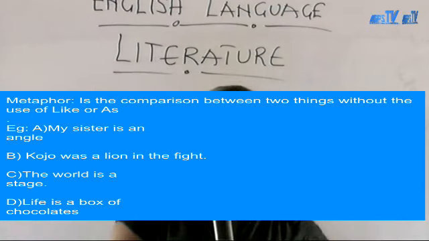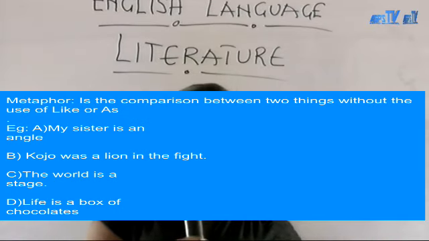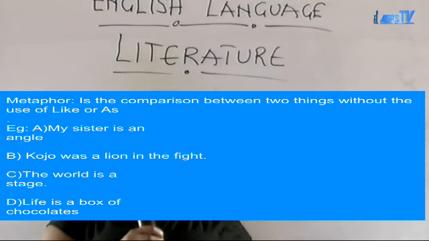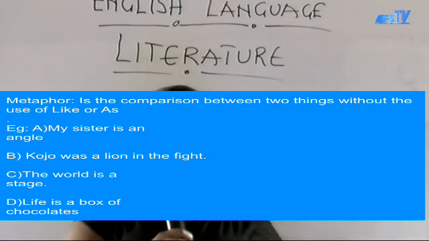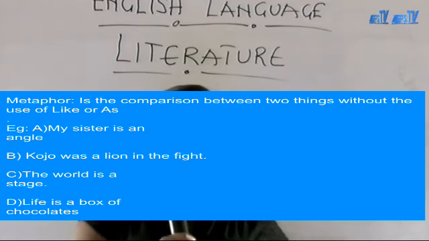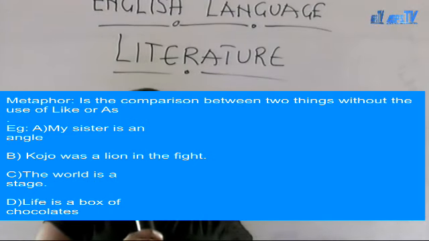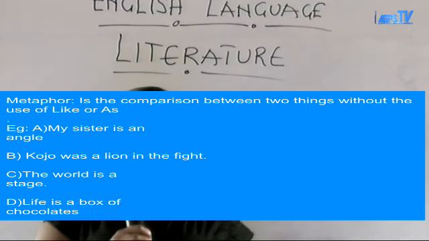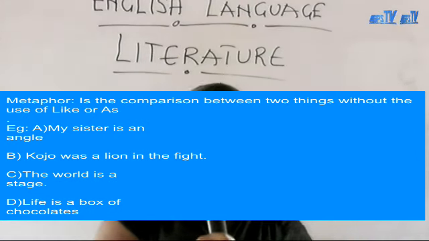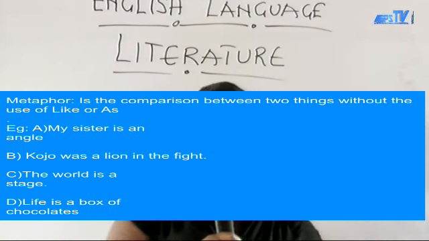We move on to example 3. The world is a stage. Let's cast our mind back to the auditorium, a theater, when we are watching a drama. You see one character will move for the other character to come. So in this world, some are born and some die. That is why we are comparing how human beings live on earth with a stage, when a drama is being played. So the world is a stage.